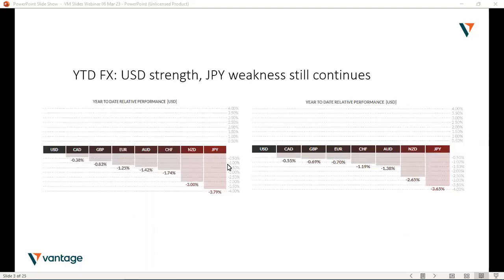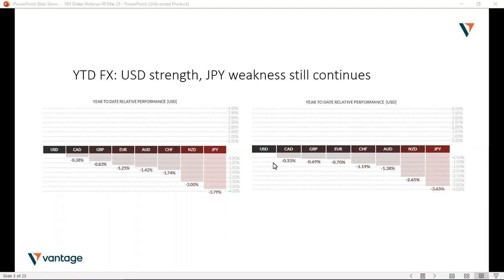Just our general look at how currencies are shaping up for the year to date. You can see on the left-hand side, that was actually last week's. So I just thought I'd show you some relative differences. So the right-hand side bar charts are just today's pricing, really. So you can see not a lot of change actually between the top and bottom. In fact, just a few different outperformance, underperformance in the various currencies, all against the dollar, of course.